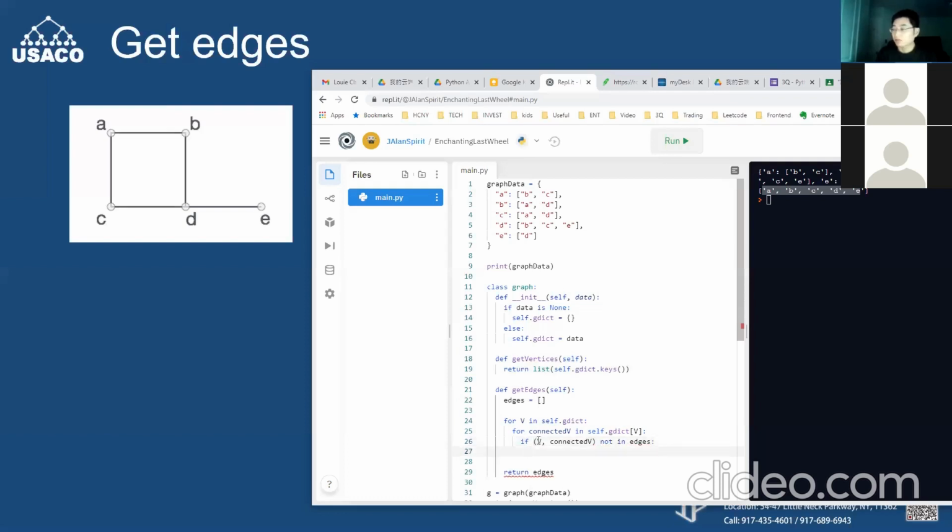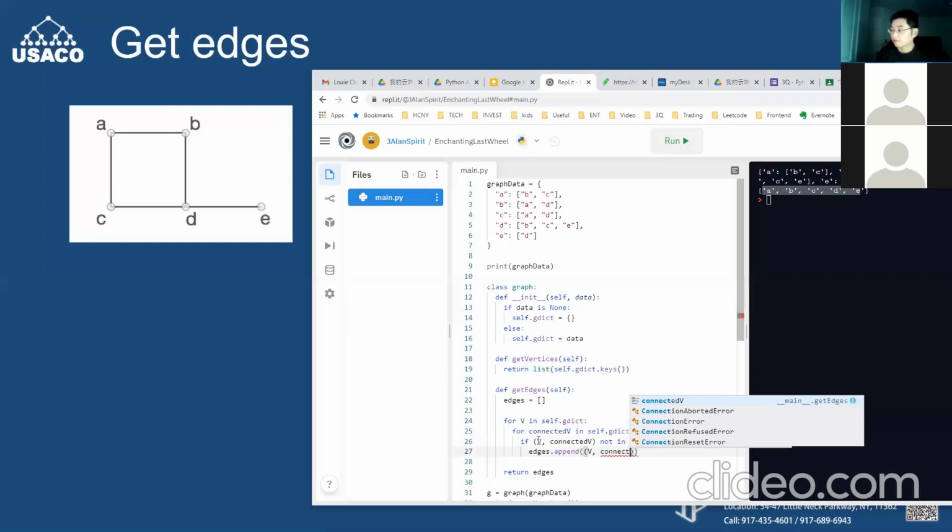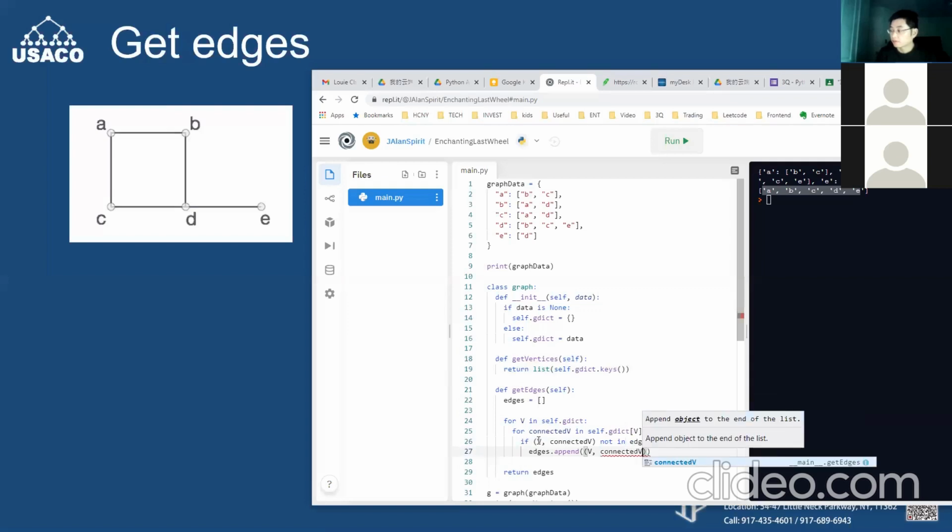Okay, then we said what? Edges, right? Append V, connected V. Okay. Yeah, that's it. So what I'm doing here, I'm looping the key, and then I'm also looping every item